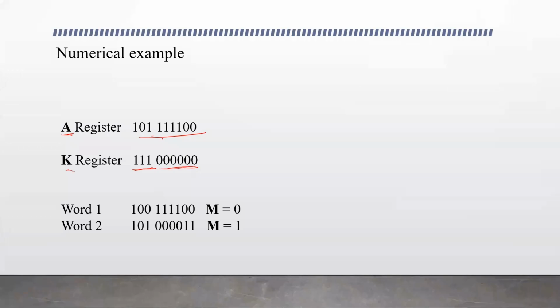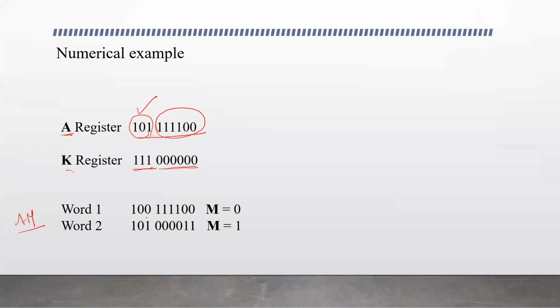Here these bits are cleared, meaning these bits will not be considered in search. These bits will not be compared with the word in the main memory, only where the corresponding bits in the key register are 1. Those bits are considered here. So this part is taken from the argument register, and this is compared with the word. Here we have the associative memory. These are the words in the associative memory.